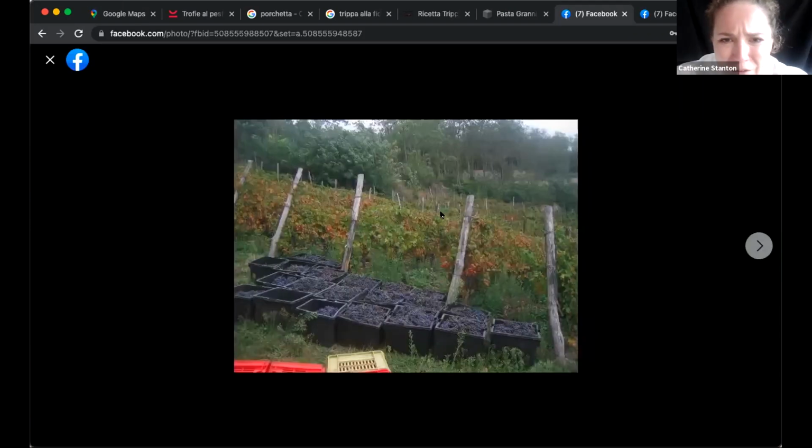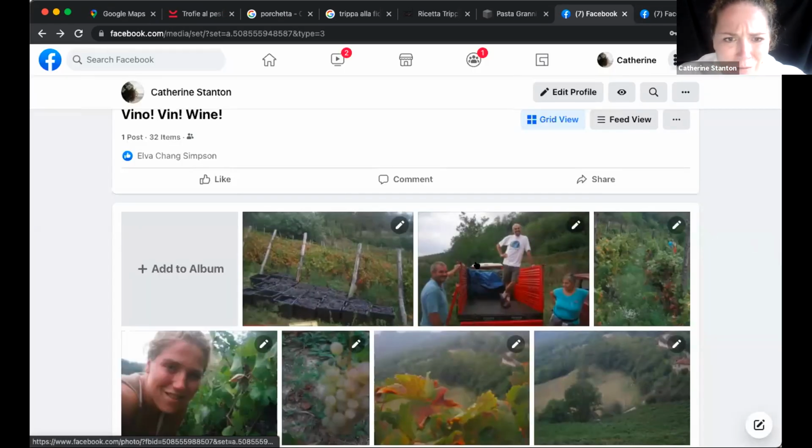All right, so here we go, Italia, and we're looking at wine making. All right, a vineyard. This is what the vineyard looks like, the harvest, vendemmia. You're going to be going around picking up all of these grapes from the trellises. And as they get processed, let's hope I can work through this.